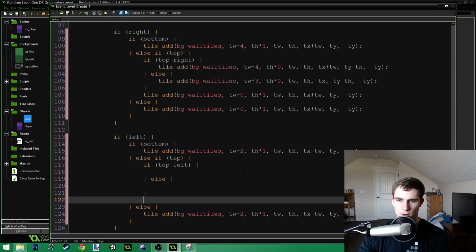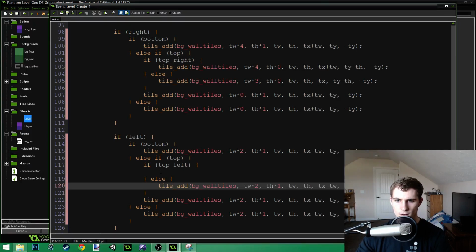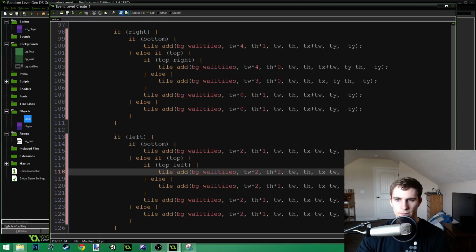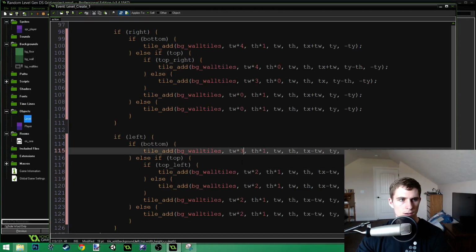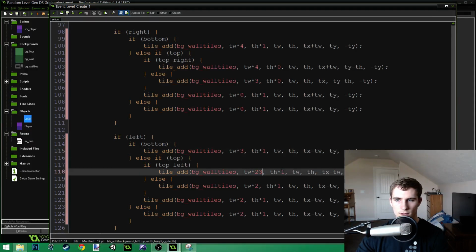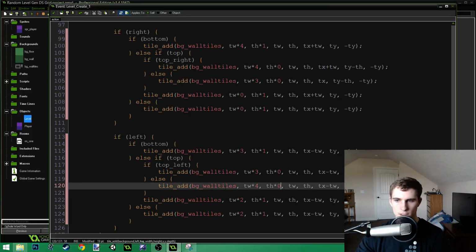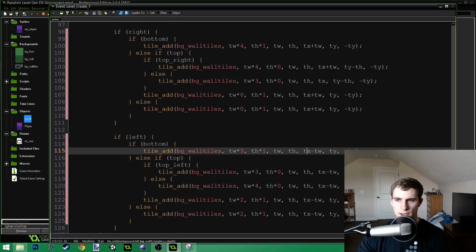We're going to have 1 here, 1 in here, and 1 in here. Okay, the first one is going to be 3 and 1. The next one's going to be 3 and 0. The next one's going to be 4 and 0, 4 and 0. The next one is going to be 2 and 1, and then 2 and 1. Okay, that's good. Our numbers